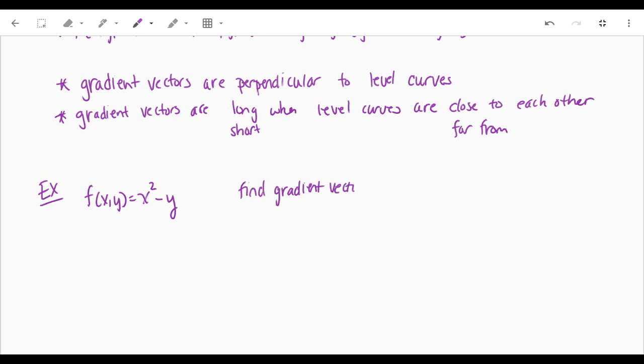And we're also going to look a little bit closer at this. It doesn't say so in the instructions, but we're also going to draw in some level curves too, and just see how those properties shake out, just because it's fun. Okay,